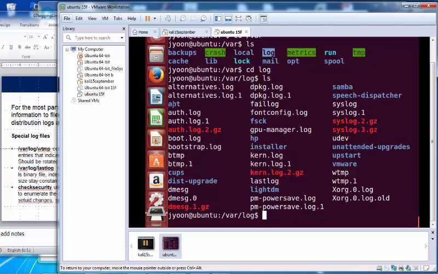Apt, some package command used for package install, upgrade, updates, whatever, is logged under this directory. And then there's a directory for the file system, Samba, and VMware, and some other directories are also available.